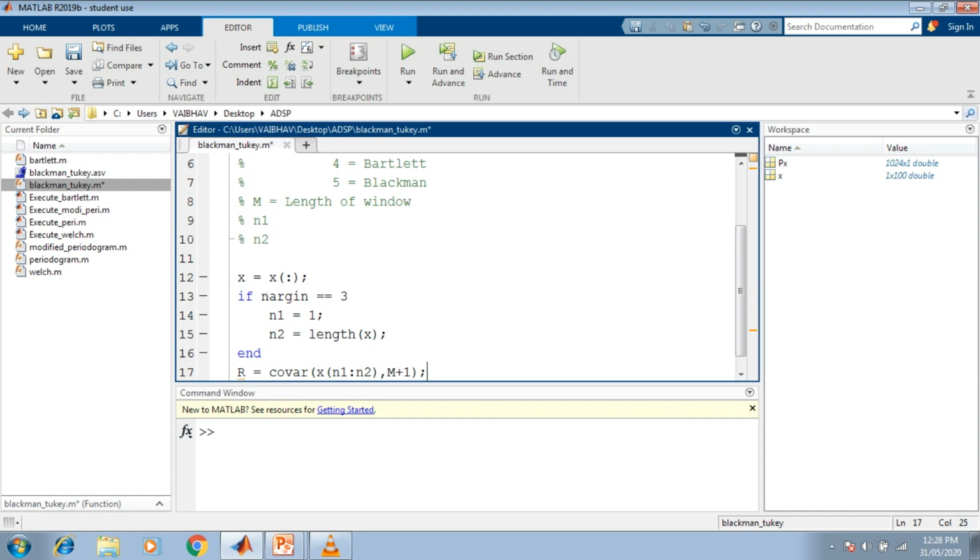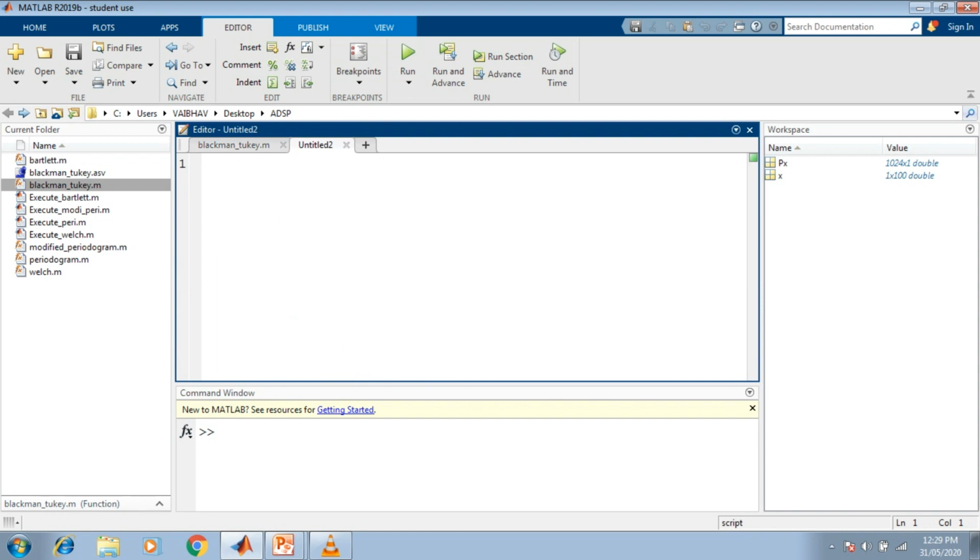Now this function covar is not a default function in MATLAB, so we have to generate it separately. For that purpose we take another untitled script and develop that function as well.